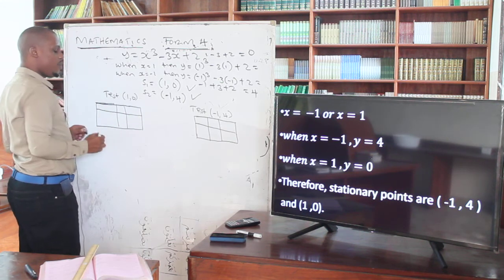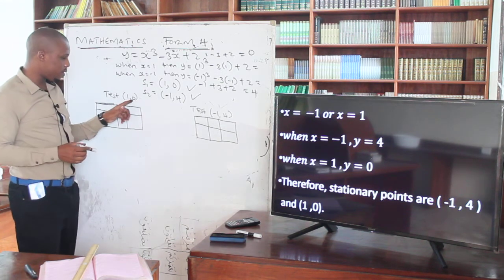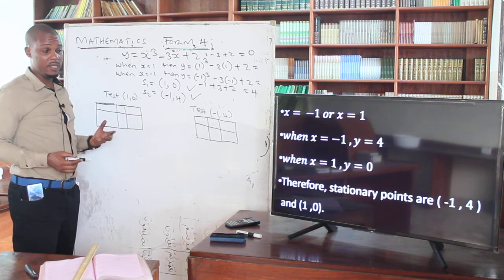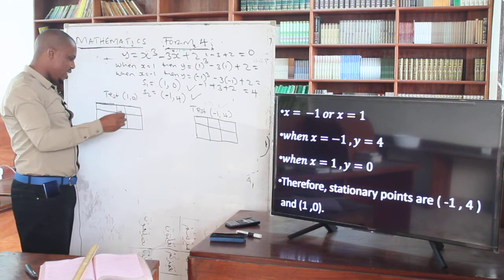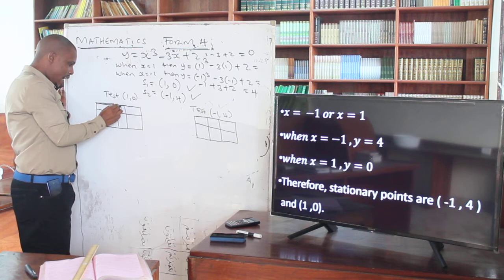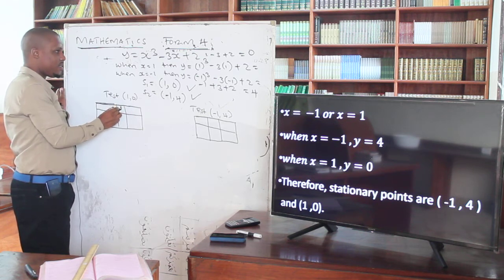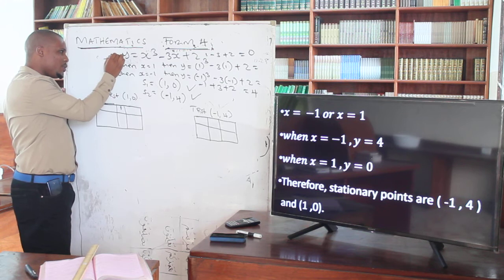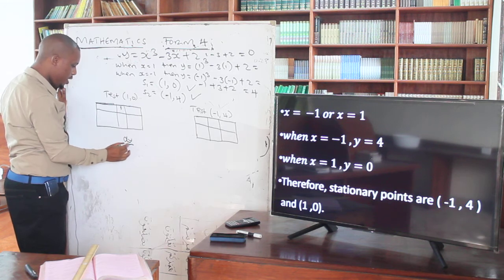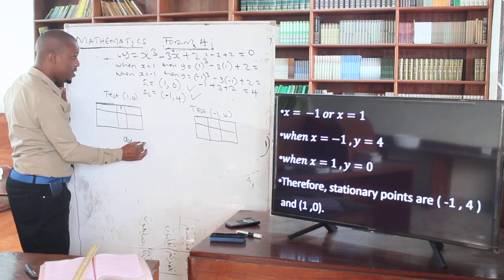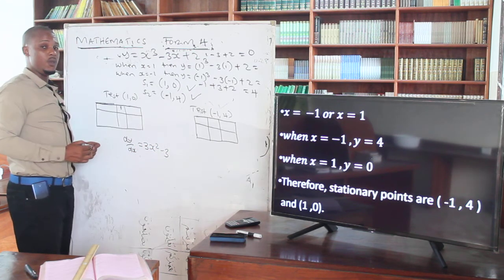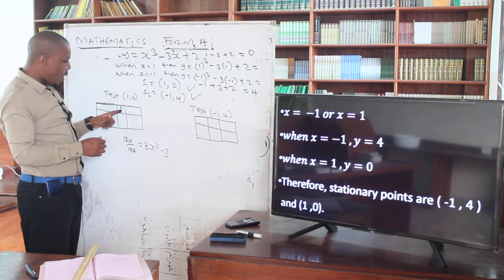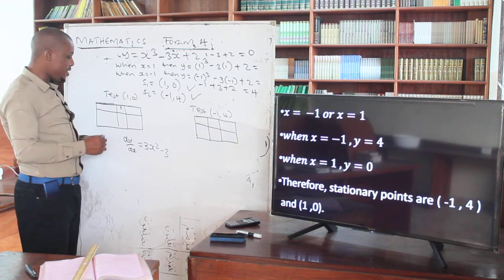Here already we know which value we are using in testing. Because here we have 2 values, value of x, value of y. So which can be used in testing? If I want to test the point (1, 0), I'm going to use the value of x. And which equation am I going to use to test? Not the main equation, but the equation that you're going to consider when you're testing is the equation of dy/dx. Remember dy/dx was given by 3x squared minus 3. So that's the equation that you're going to be using during testing. So I know that when I pick 1, I substitute to this equation, the answer is going to be 0.